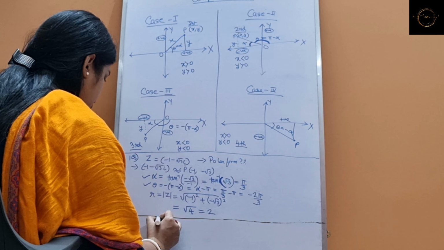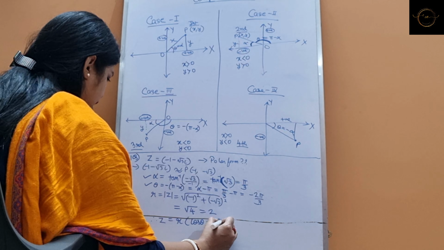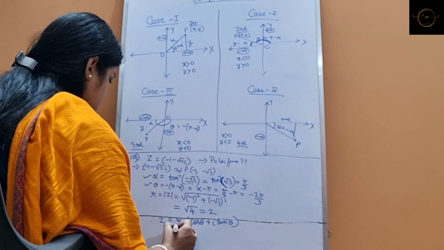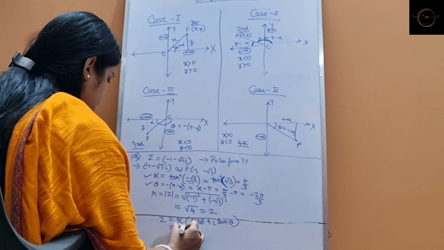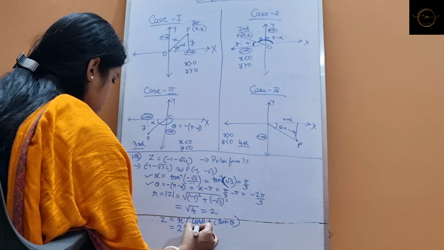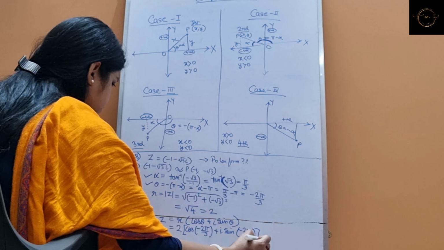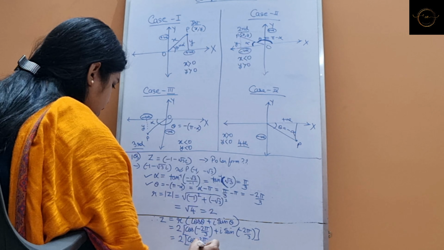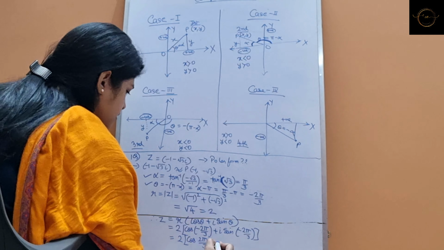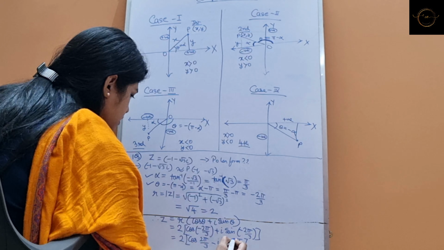So therefore the polar form will be z is equal to r into cos theta plus i into sin theta. What is r over here? r we are getting as 2. So 2 into cos theta, which is how much? Minus 2 pi by 3. So minus 2 pi by 3 plus i sin of minus 2 pi by 3, that is equal to 2 cos 2 pi by 3. Sine of minus theta is minus sin theta, so minus i sin of 2 pi by 3. This is your answer